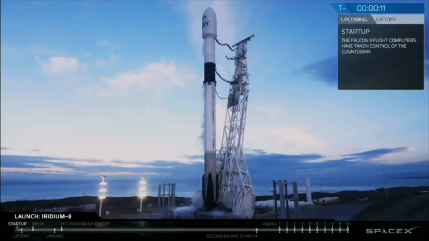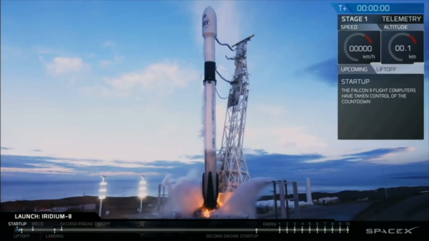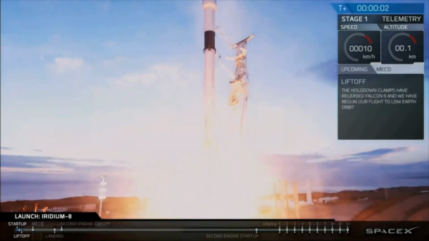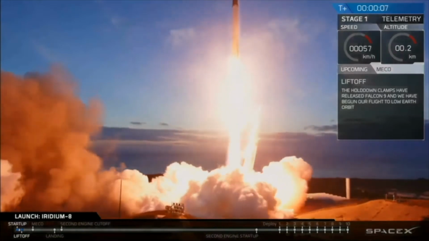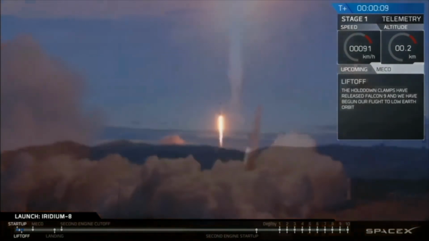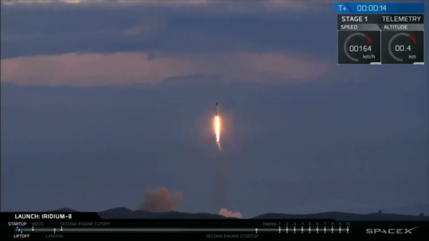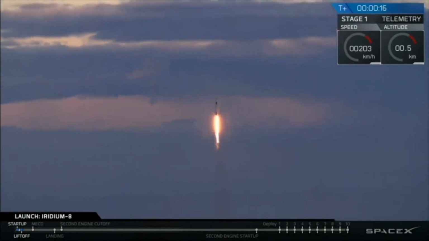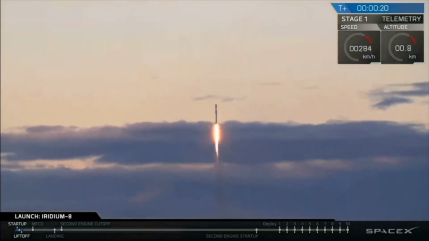Vehicles configured for flight. 10, 9, 8, 7, 6, 5, 4, 3, 2, 1. Ignition. Liftoff of Falcon 9. Vehicles pitching downrange. Stage 1 props nominal.